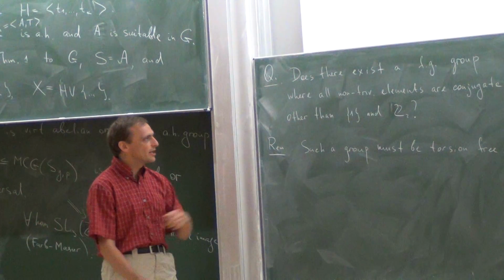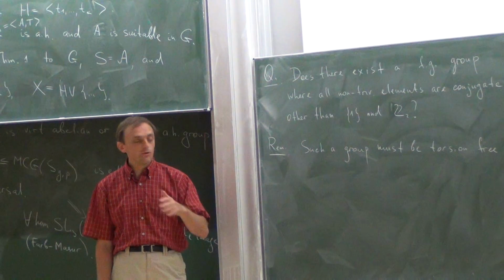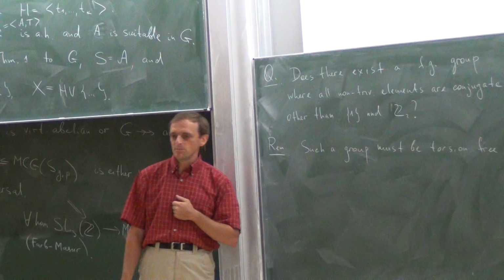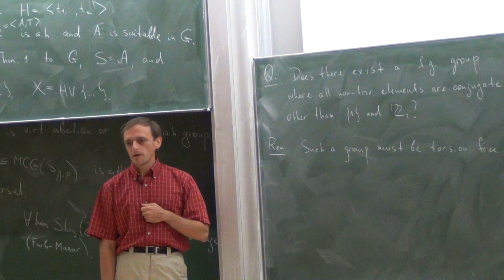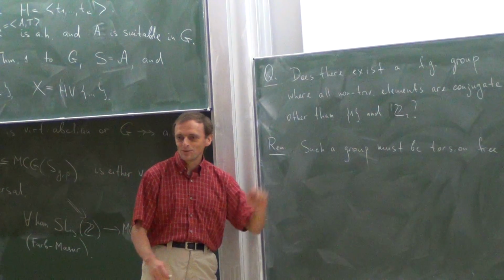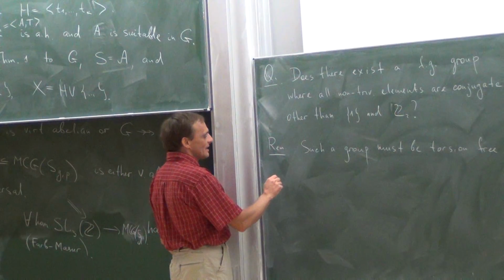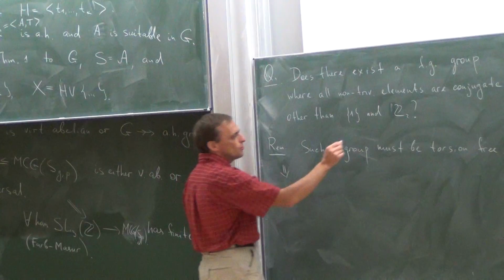So first observation is that all elements are conjugate, therefore non-trivial. Therefore, they all have the same order, so the order must be prime, and then every element is conjugate to its square. Well, enough hints. The little Fermat exercise. So then, a consequence of this remark is that such a group, let's call it G for brevity,